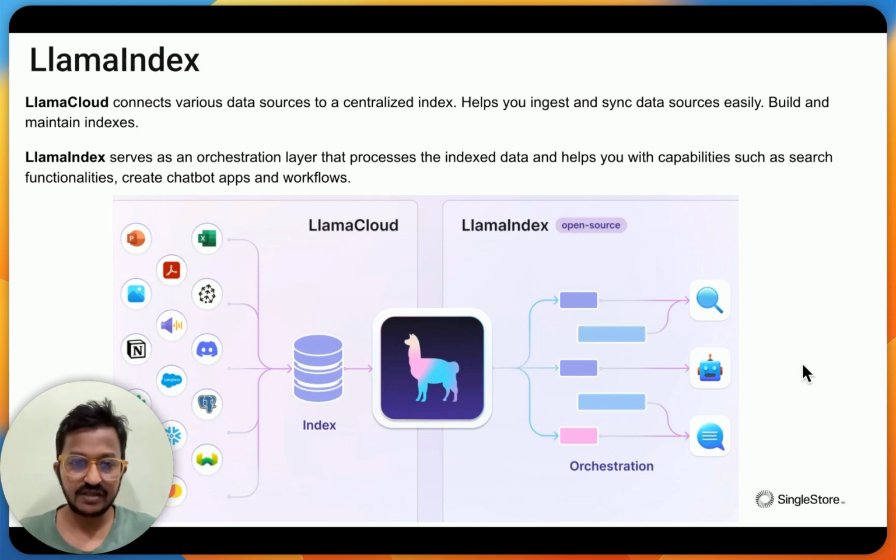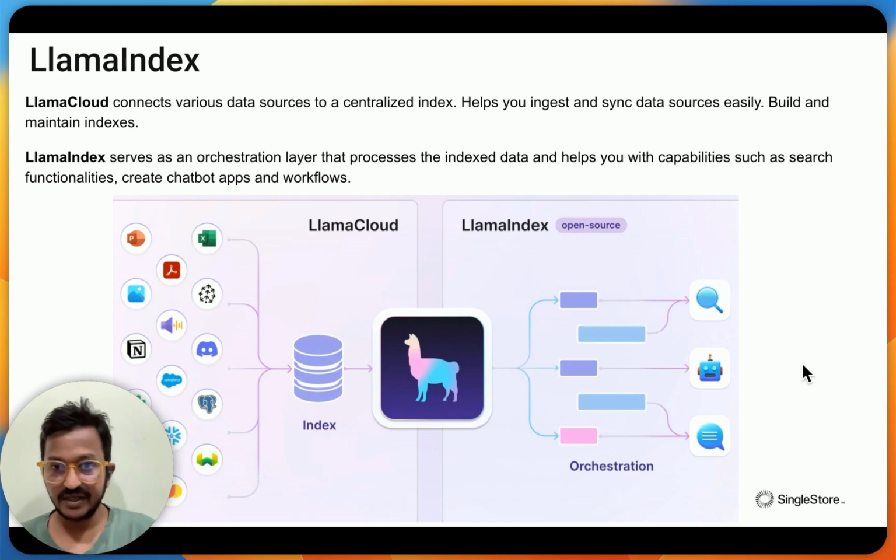All this data can be indexed in a centralized place called an index, and that helps you ingest and sync data sources easily, and build and maintain indexes. So LlamaCloud does the building and maintaining of the index, whereas LlamaIndex is the open source part that will help you.